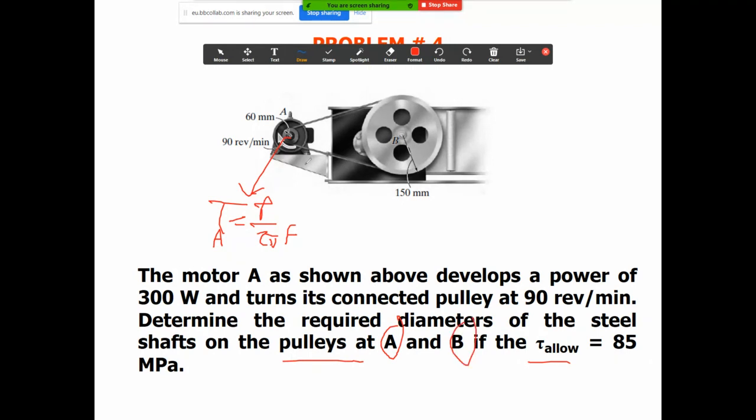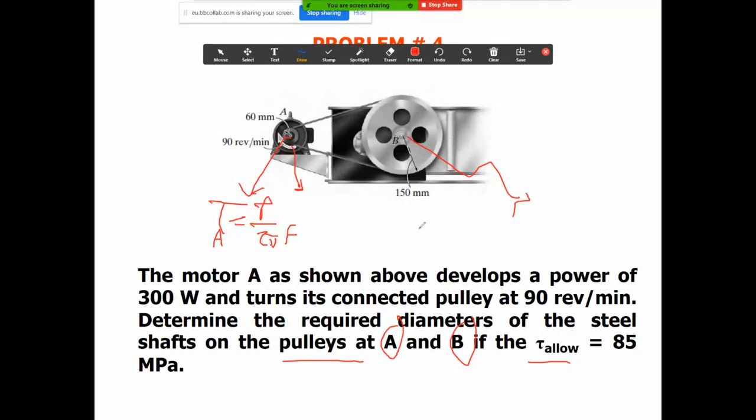So we have to find what will be the diameter here and what will be the diameter here. The problem here is I don't know what will be the torsion. But keep it in your mind. You have a formula that can be derived easily, that you can link between the small pulley and the large pulley. And you can link between the torque applied to the shaft in the small pulley and the large pulley and